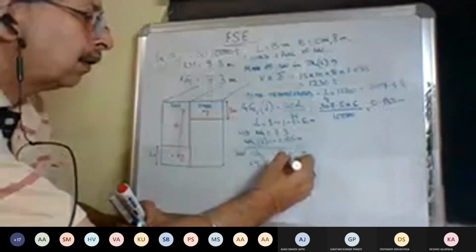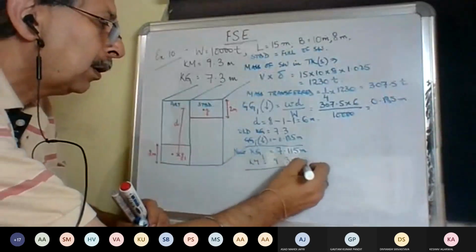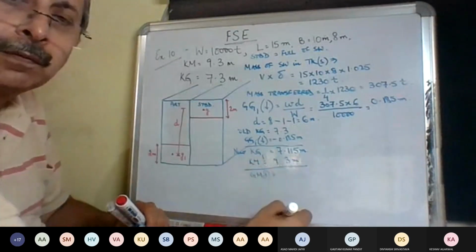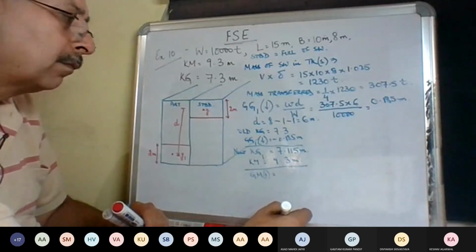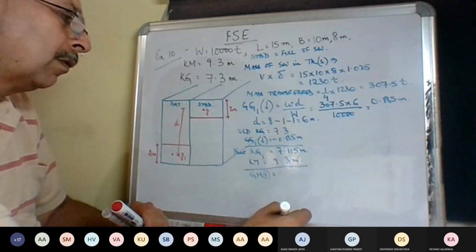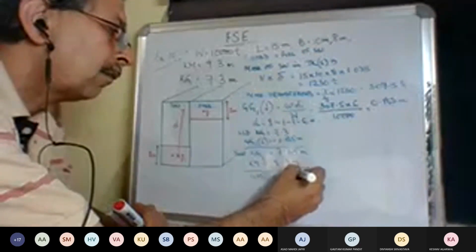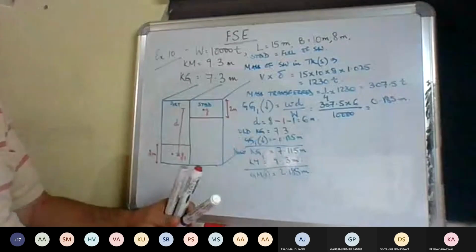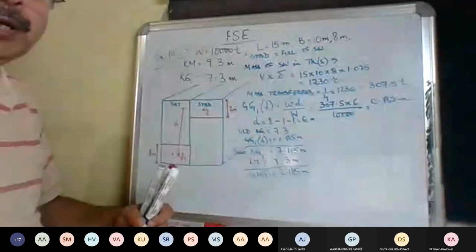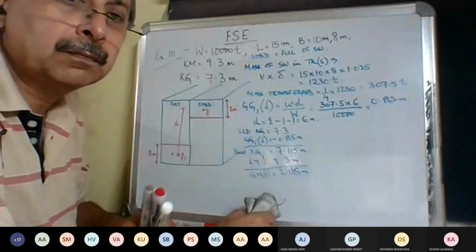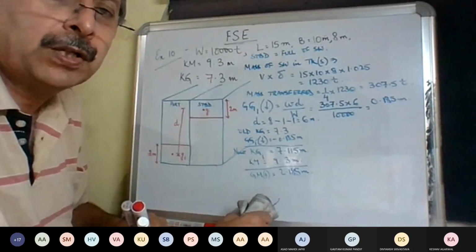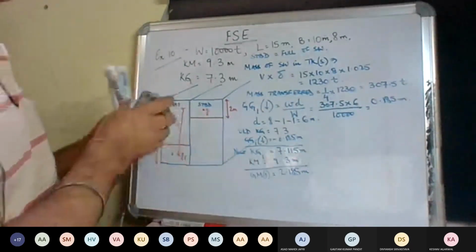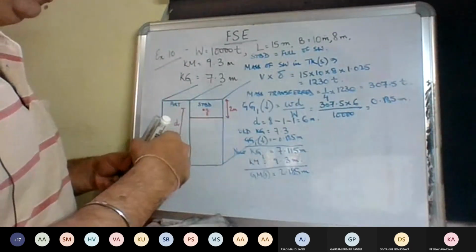All right. KM is 9.3. So can you tell me the GM solid? So 2.185. Any doubts up till here? Is this okay? All right. Now,